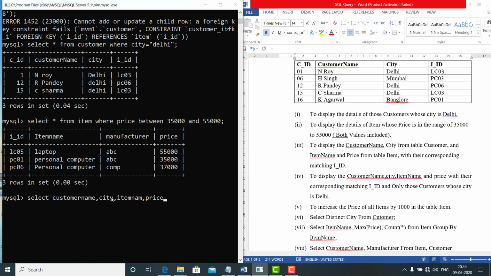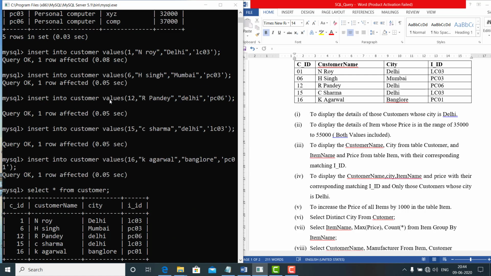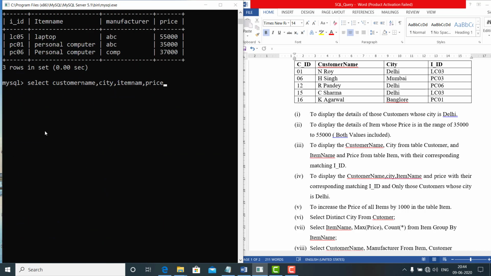Customer name and city are in the customer table, and item name and price are in the item table. That is how we access the fields.